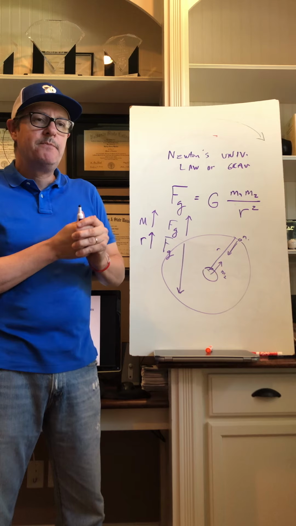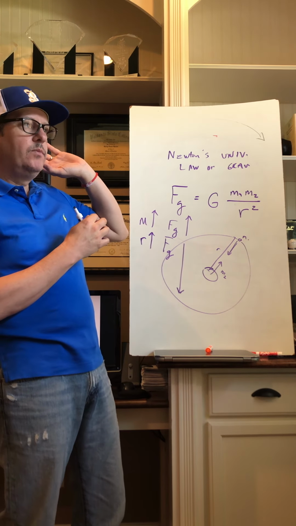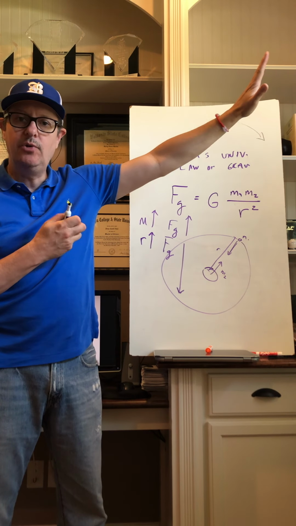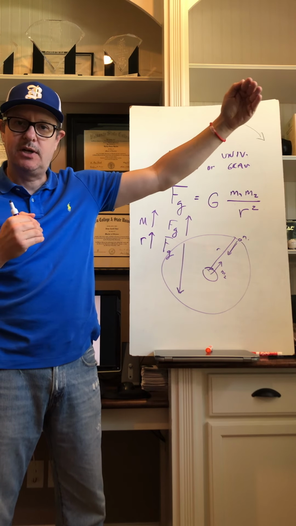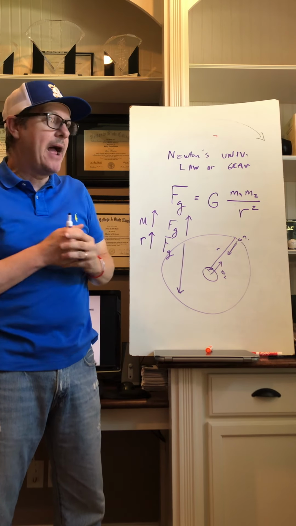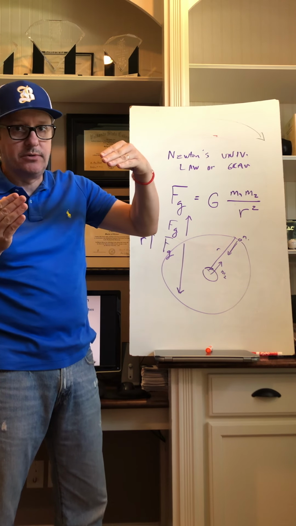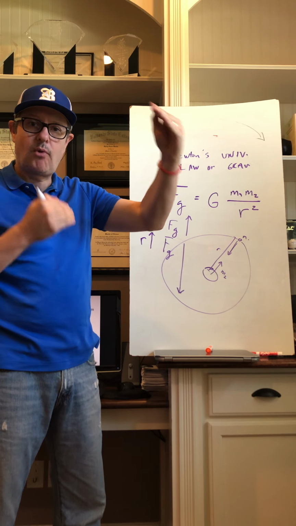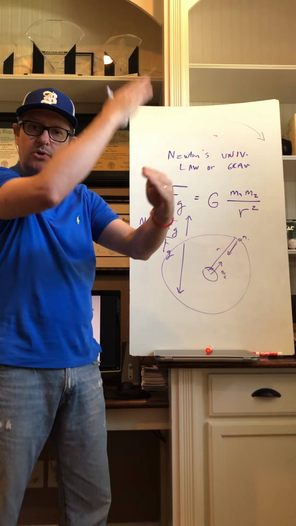So that's why a star that's way out in our universe has really not much effect on Earth, because it's so far away. However, our sun, which is pretty close to the Earth, has a great effect on the motion of the Earth and the circular motion of the Earth